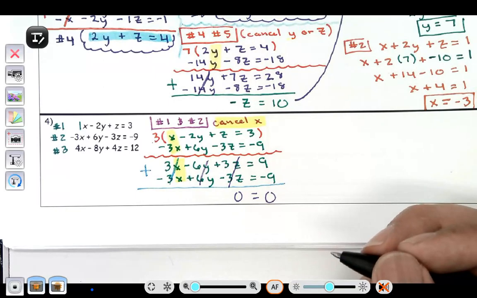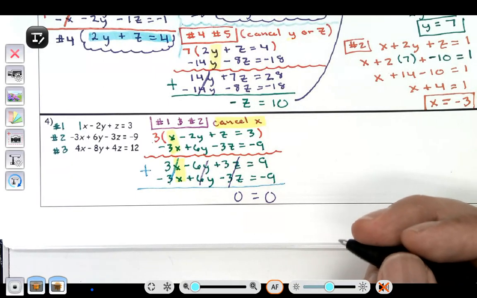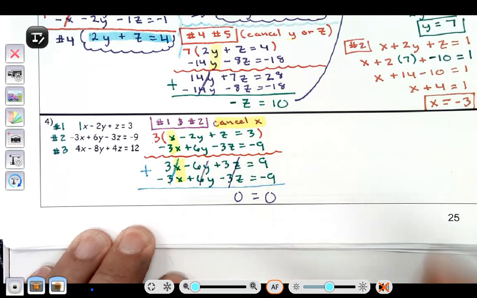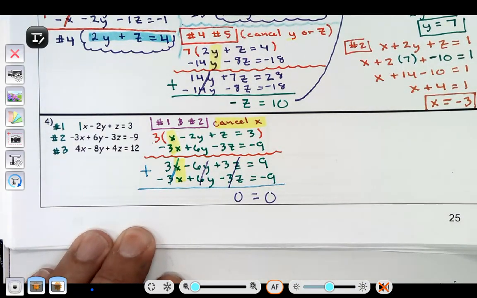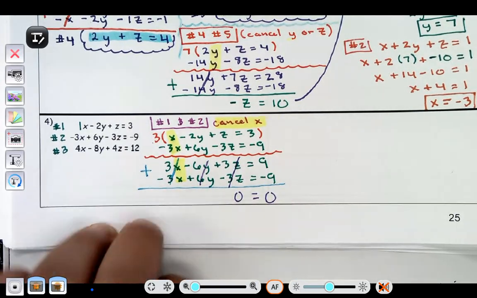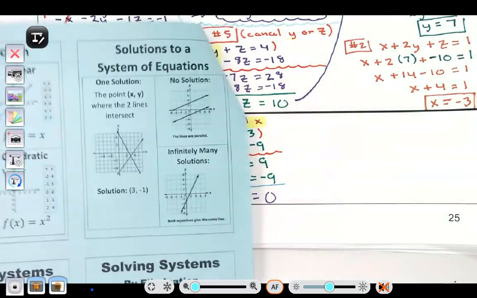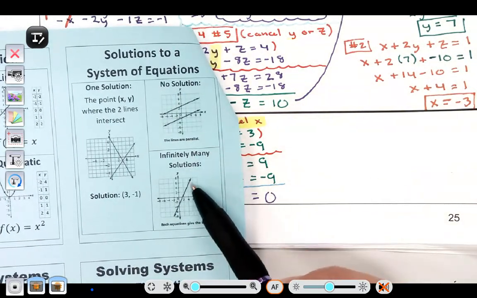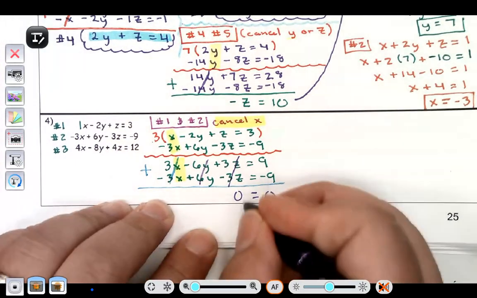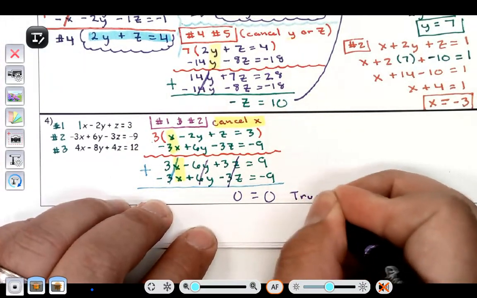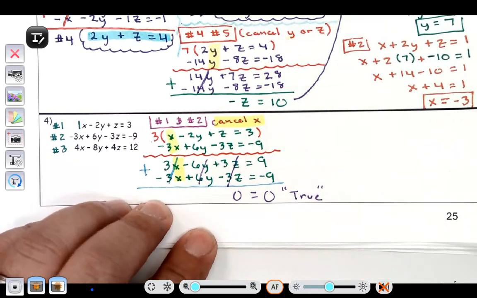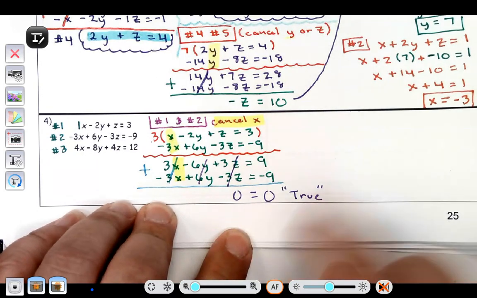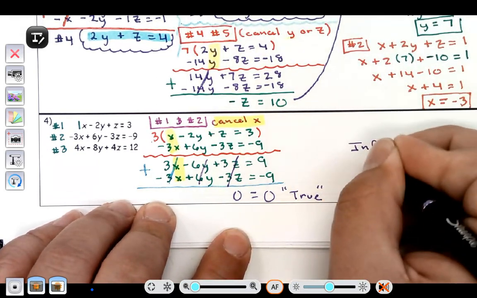Now, this goes back to what we learned before. When we were doing a system of 2 equations, we said, if all your letters disappear on you, that's not a bad thing. That's a really good thing. That means you're almost done. When they all disappear on you, you have either no solution or infinitely many. So the fact that 0 does equal 0 and that's a true statement, well, if the option is no solution or infinitely many, and it's true, then my answer is infinitely